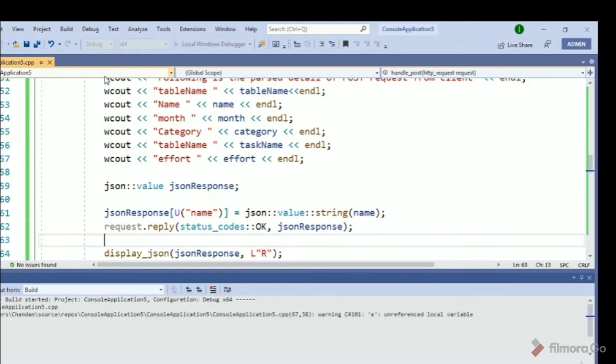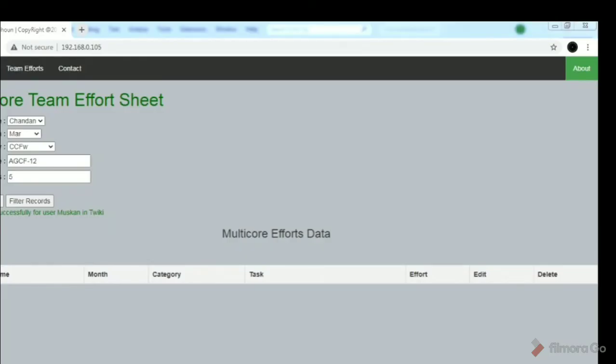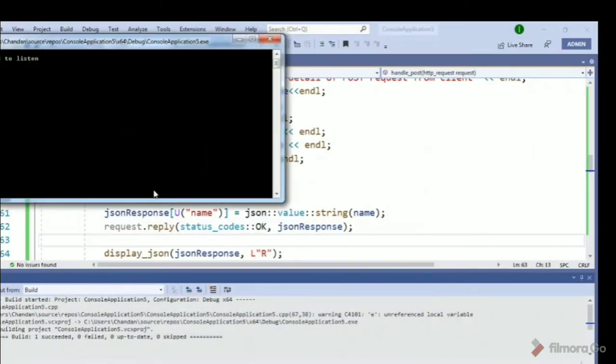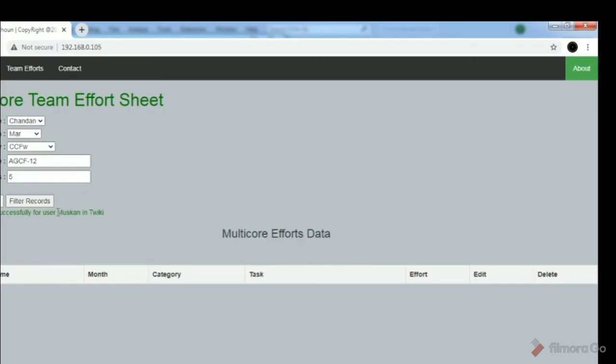So we are checking, it's taking some time. In the meantime we have to add some. So yeah, it's compiled. So I will add some other name. Okay, let's keep the other things the same. So I will submit. So you see this data inserted successfully for user Vikram.